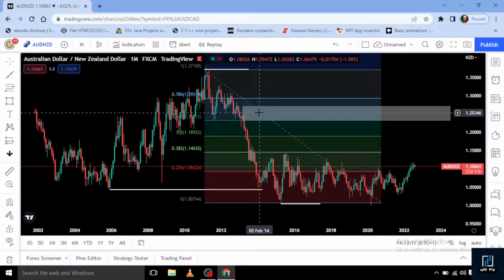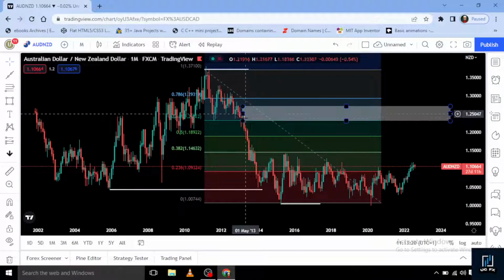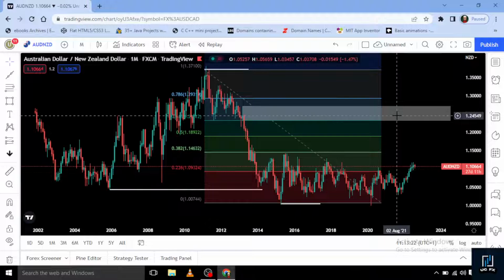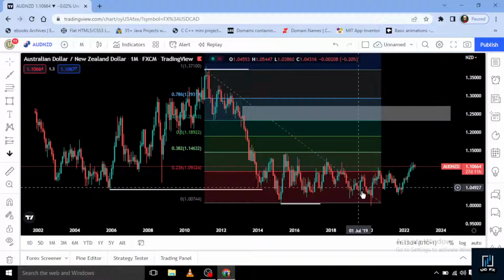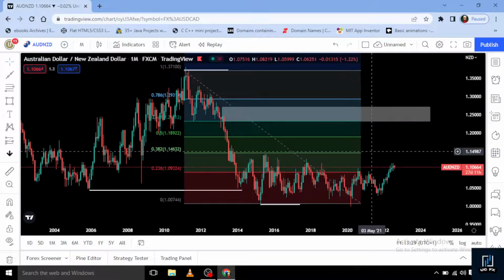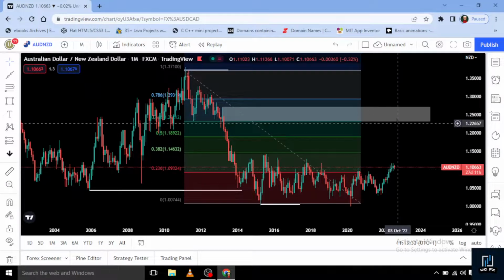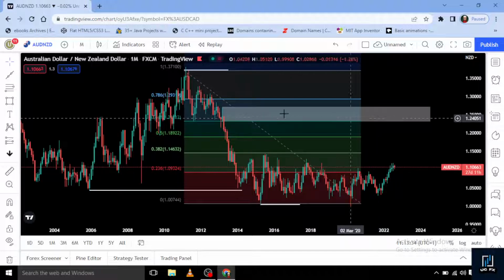So we can anticipate, it's quite sensible to anticipate that the price is actually heading to mitigate this order block, to tap into these discount prices. So this big institution is trying to push price into this area, from what I'm seeing. So they're trying to push price into this area to mitigate this order block, because they still have some